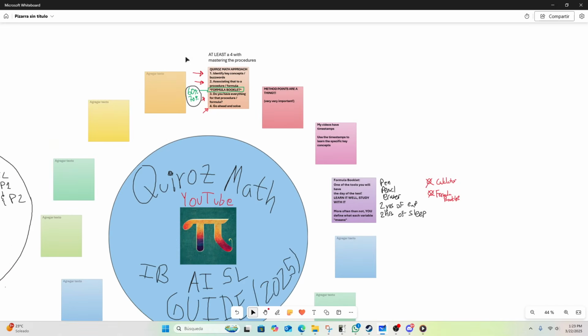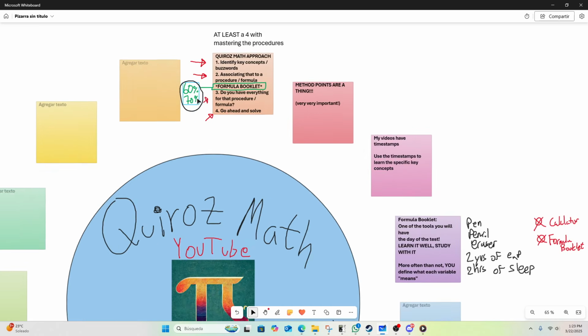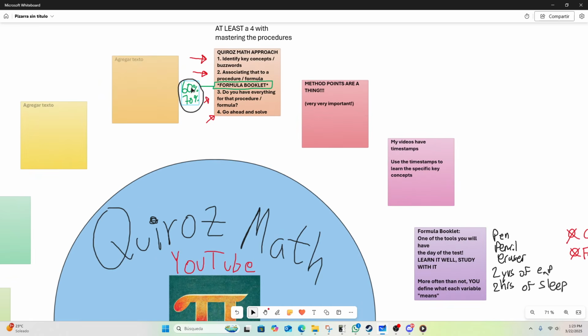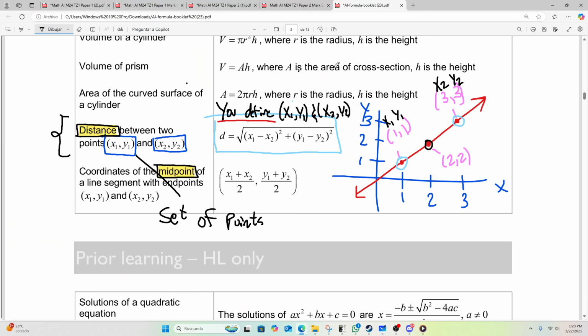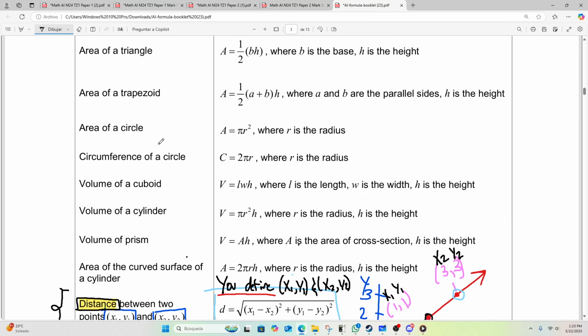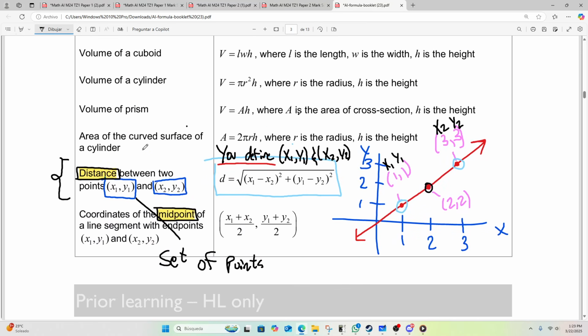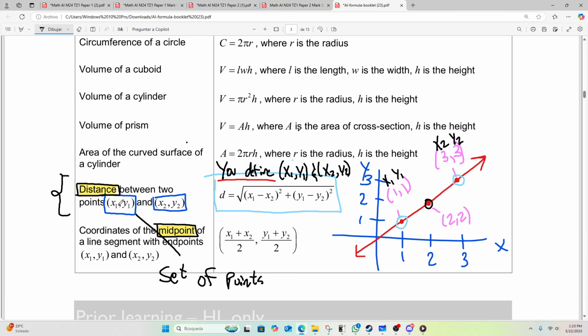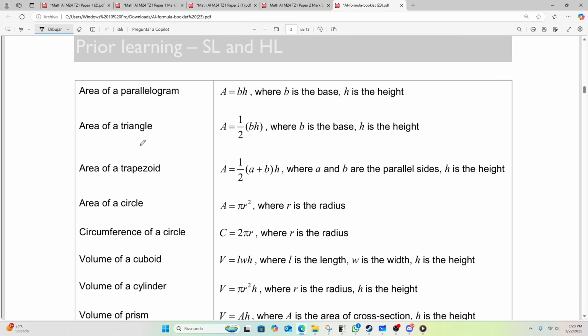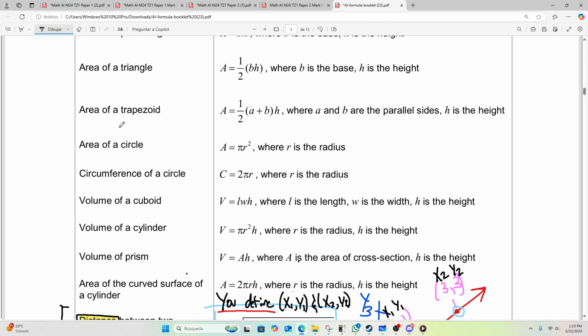Establish the key concept, establish the buzzwords, jump to the formula booklet, and if it's not in the formula booklet, then it's part of the 30% that you just sort of have to know, which I will be showing as we go. Okay, let's keep going. So that is for this first part of the formula booklet. The biggest thing, I think, is just distance and midpoint. That's pretty much it. Whenever they ask for volume or area, you look for it here, you'll find it eventually.